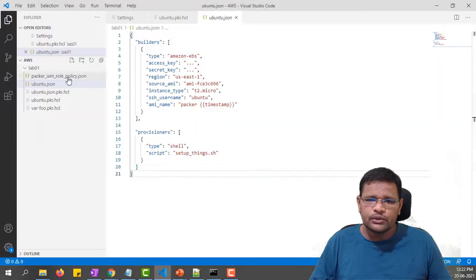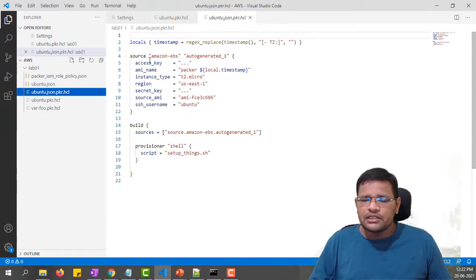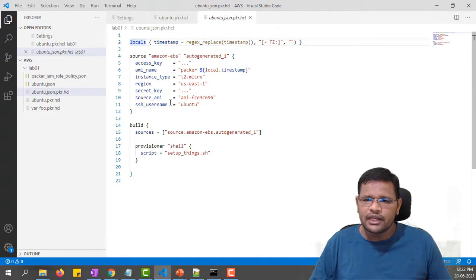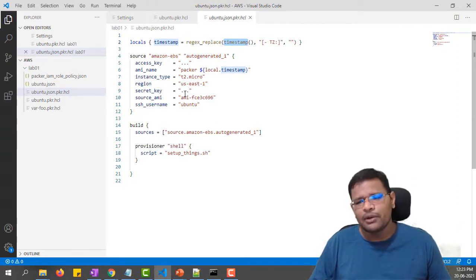Let me go to Visual Studio and refresh it. Yeah, we have got the file out. So it has nicely transpiled our JSON file into the HCL2 language. If you have any doubts, you can just refer to this one, and you can make changes to whatever. These are the functions we will be using later: time, regex, and timestamp. These are the inbuilt functions which we will discuss later. So this is how it will convert our JSON file into HCL2 commands.